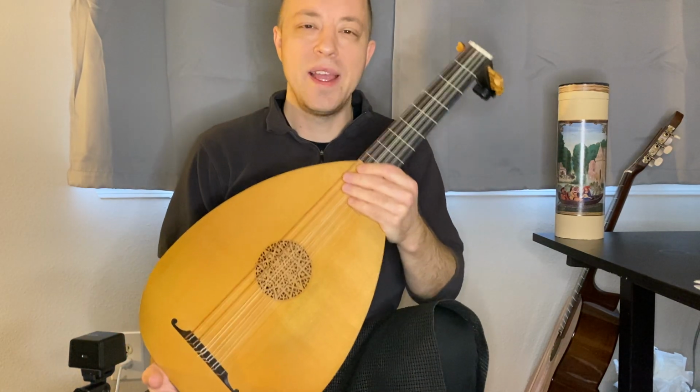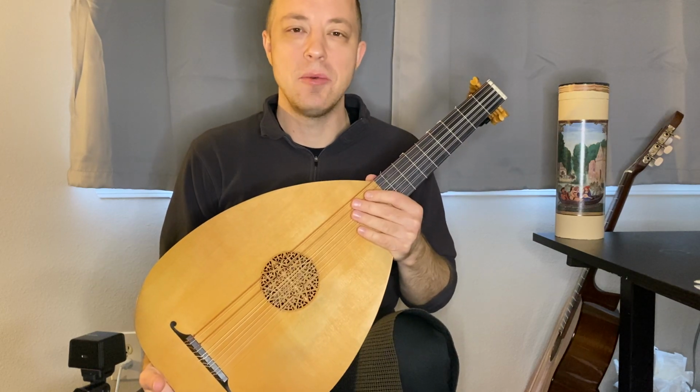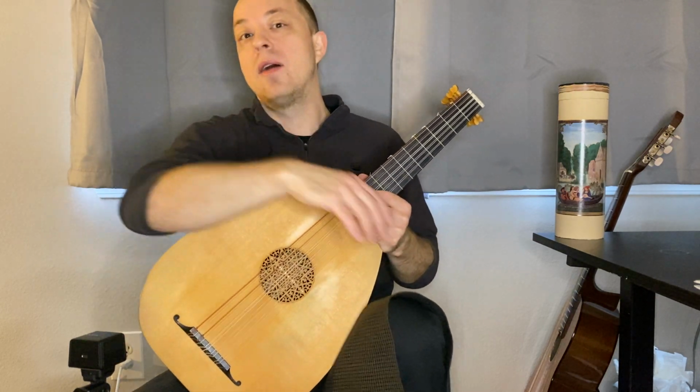The Fundamentals of Lute Playing. My name is Laudon Schuett, and today we're going to talk a bit about how to go about learning a